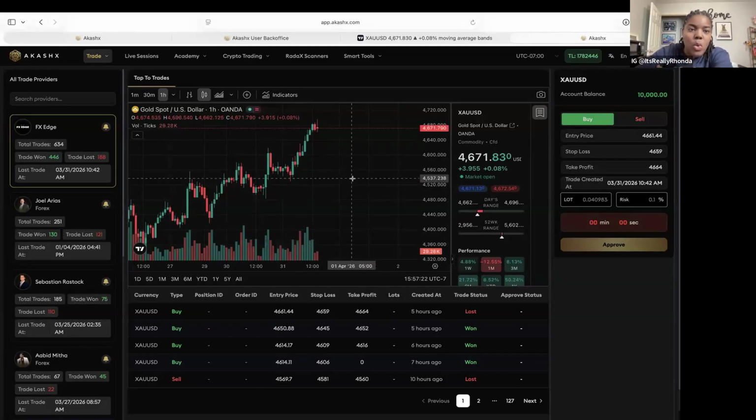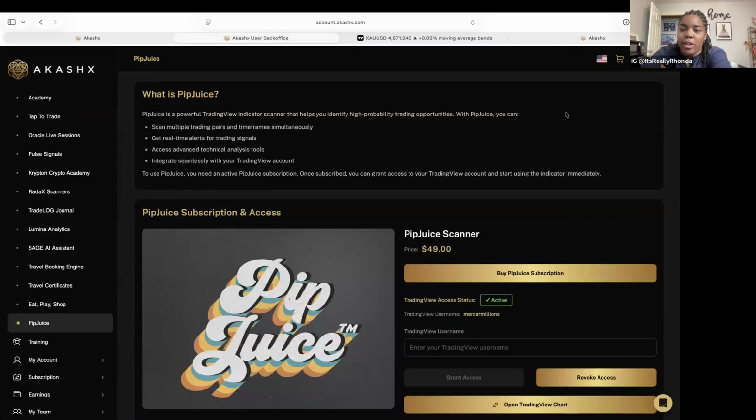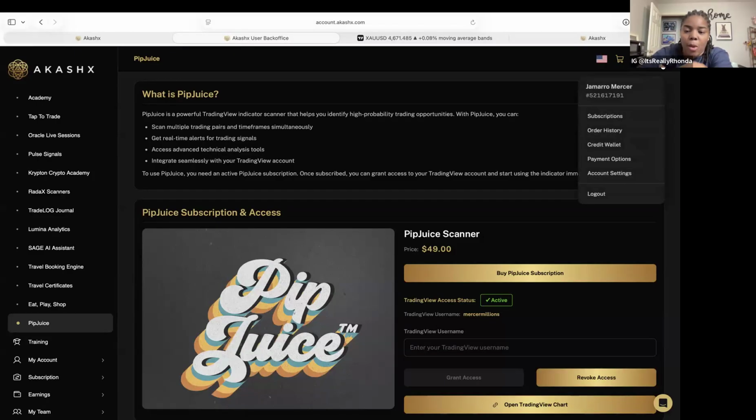All right, so the first thing we want to do is jump into your Akash back office, and you want to tap on the right-hand side where your picture icon is. That's going to take you over to your PipJuice. Once you go into PipJuice, you're going to use your TradingView username, and you're going to enter it right there